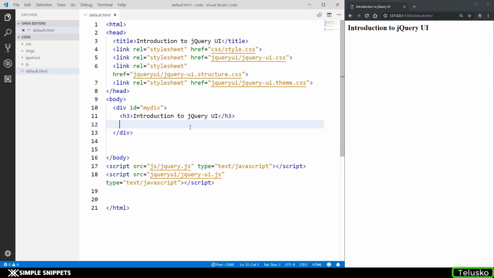Tanmay here for Telusko Learnings and welcome back to another video tutorial in the JavaScript for beginners, especially the jQuery UI part. So we've started off with understanding what is jQuery UI, and in the previous video tutorial, we took a little bit of theoretical understanding of what jQuery UI is and how it is different from the normal jQuery core library. So basically jQuery UI is another library which is built on top of jQuery. And if you have missed that video, do check that out,